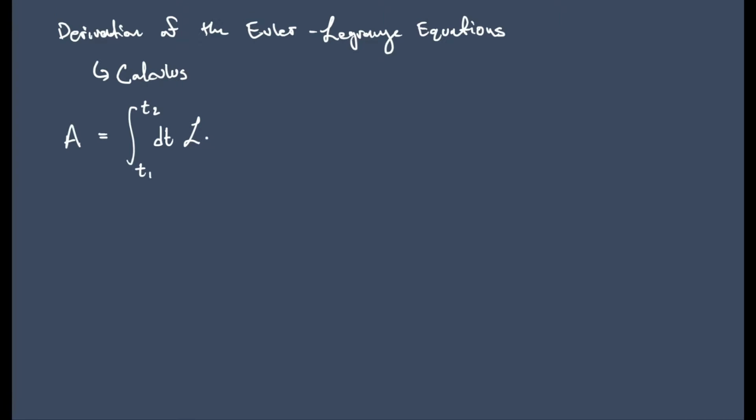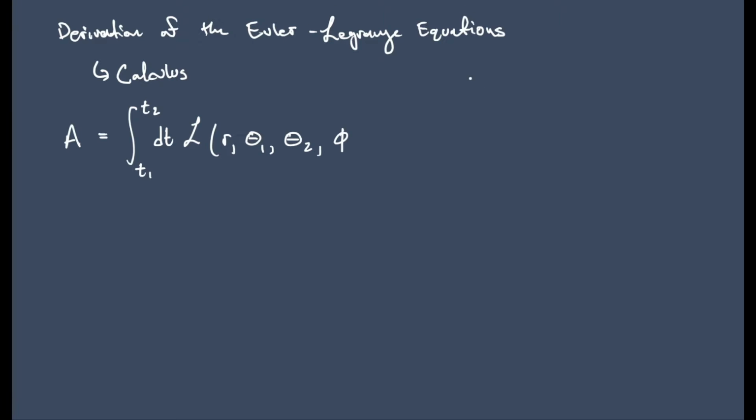Now the Lagrangian is a function of what? The Lagrangian is a function of r. These are just some dummy variables. Perhaps we have a radius to take into account in our system. Perhaps we have an angle 1 in our system. Perhaps we have another angle in our system. And then perhaps we have an azimuthal angle in our system as well. So these are all the independent variables in our system.